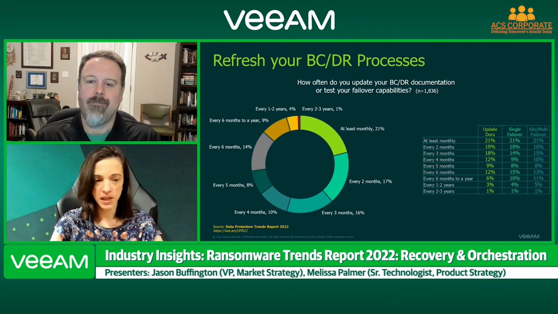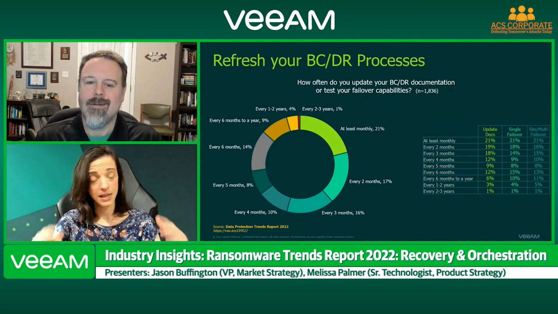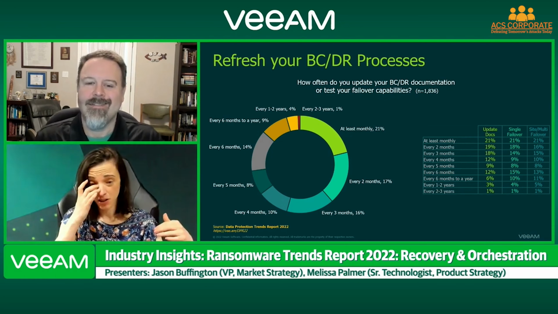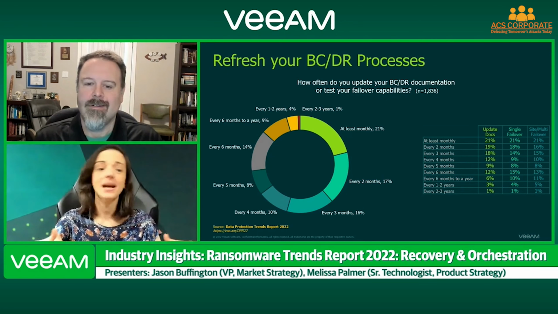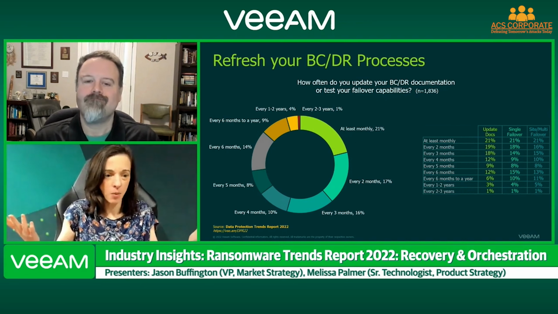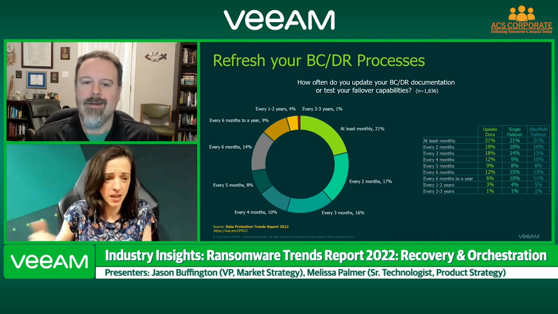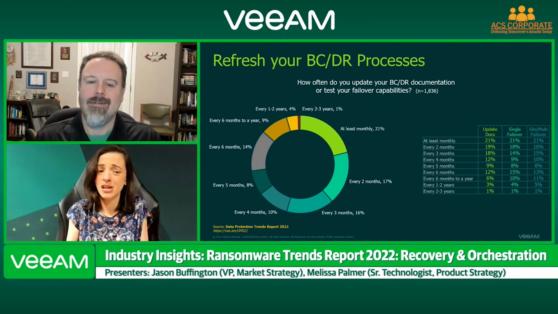Is it a people thing? Is it a resources issue? Is it a timing thing? Is everybody too busy? Because that's when solutions like orchestration, automation start to make a little sense, right? Because I can tell you right now with Veeam Disaster Recovery Orchestrator, I can click the button, roll a DR test whenever I want, but I can schedule it. I can schedule it to happen weekly if I want to, and it has no impact to production. And the orchestrator will also update my documentation and catch all those changes for me.